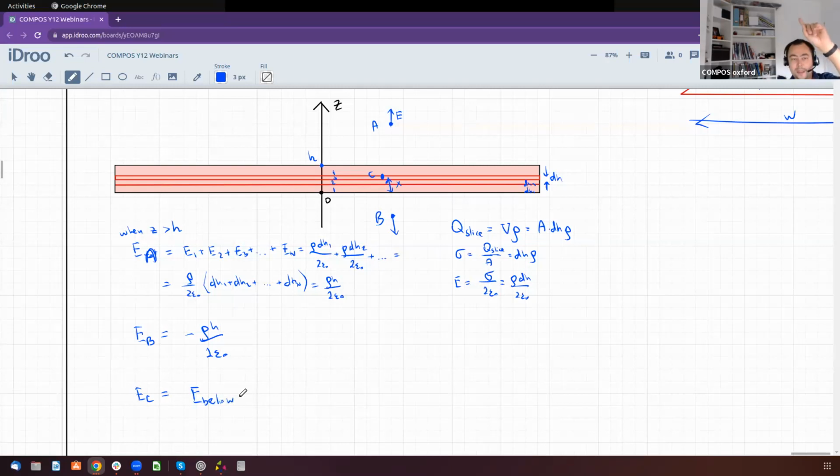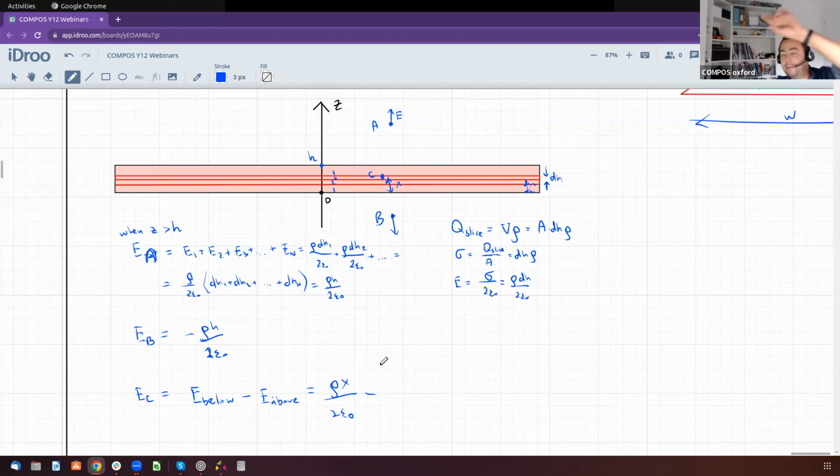And the part of the slab above you pushes you down because it's positively charged. So minus the electric field produced by the piece of slab above you. We already have the formula. The slab below you has thickness x, so it's rho x divided by 2 epsilon naught